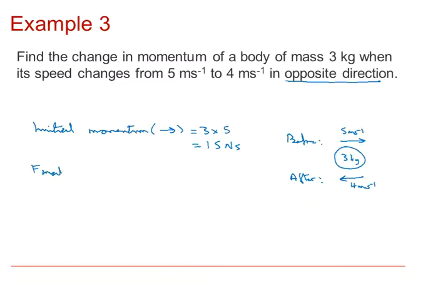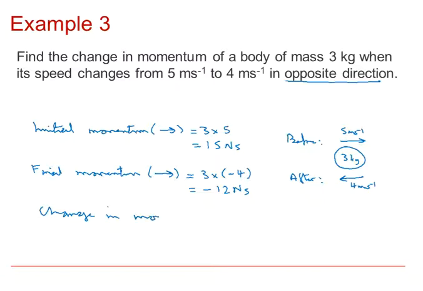If we now look at the final momentum after the change, and again I'm going to take right as positive for consistency and simplicity. We've got a mass 3, but if we look carefully now, if right is positive, but this object is going backwards afterwards at a velocity of 4 meters per second, then I need to call the velocity minus 4. So the final momentum is minus 12 Newton seconds,